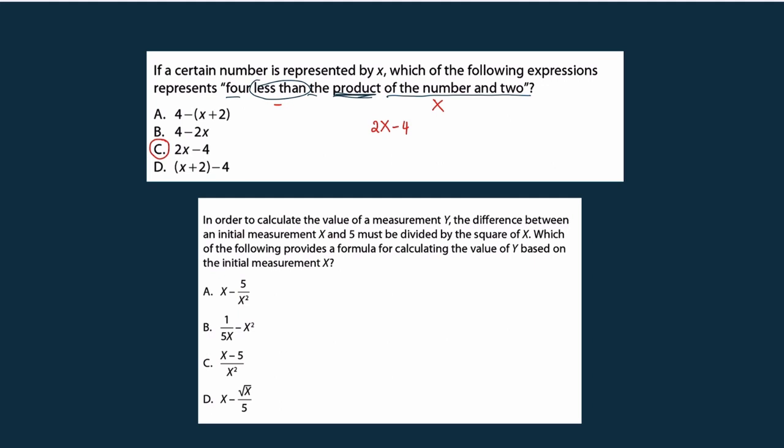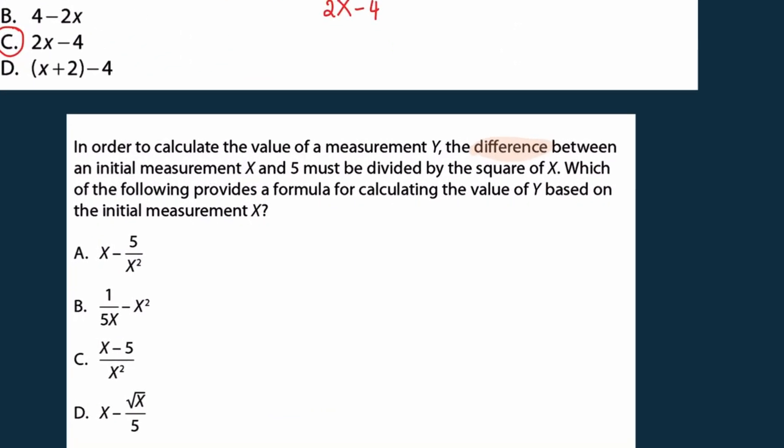Okay, so next question. In order to calculate the value of a measurement y, the difference, look at this word, the difference between the initial measurement x and 5 must be divided by the square of x. Again, in order to calculate the value of the measurement y, the difference